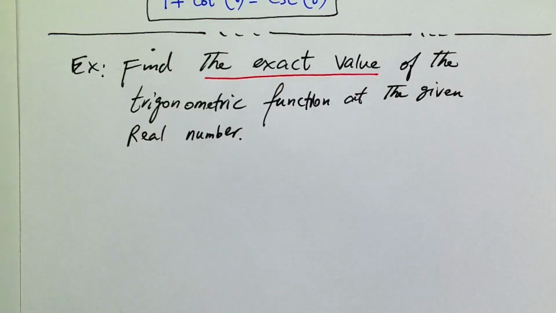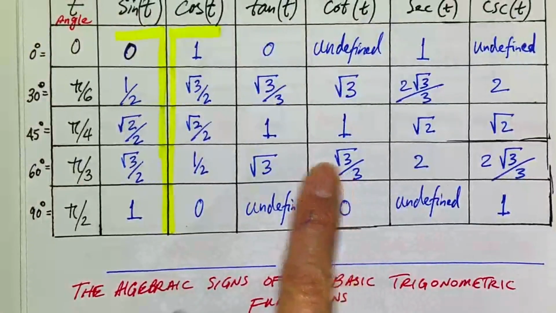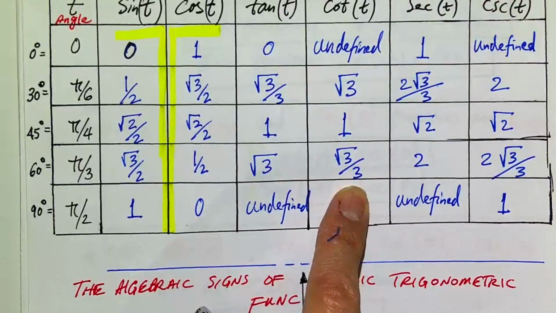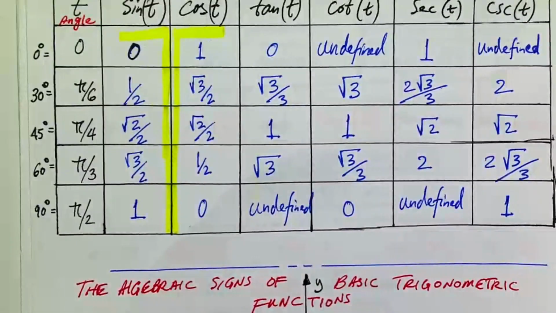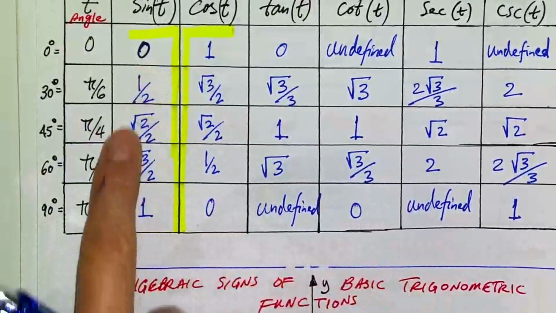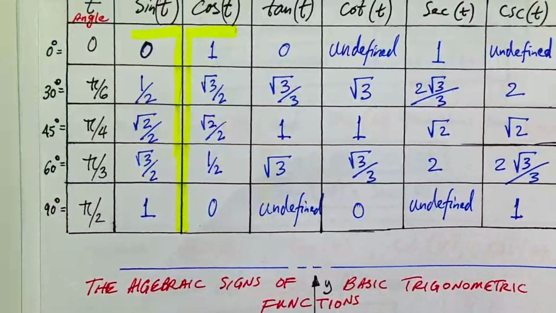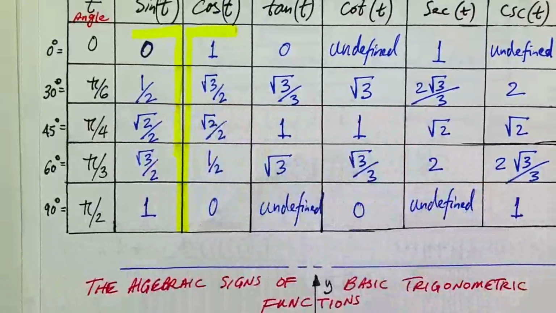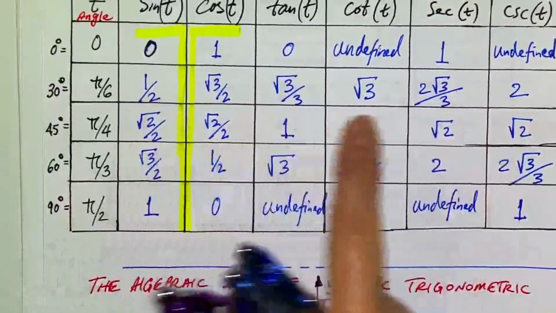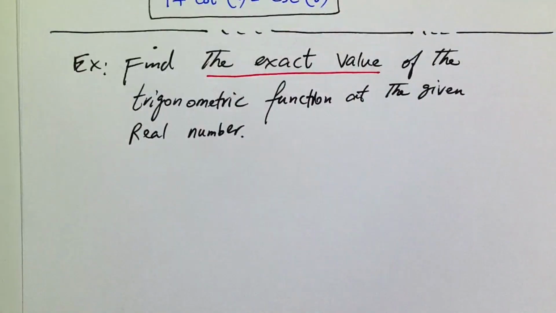See, these are exact values. That means you don't want to calculate the decimal values. These are all exact values, all of them. So you don't want to calculate this with your calculator and say, oh, gee, this is point, let's say, 64 something. You don't want to do that. So you leave them in exact form. These are all exact forms. In trigonometry, most of the time, we want exact values. Sometimes we also calculate the decimals. But look at all of this table, all you have are exact values. Very important. Okay, so that's what they mean.